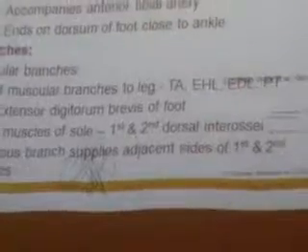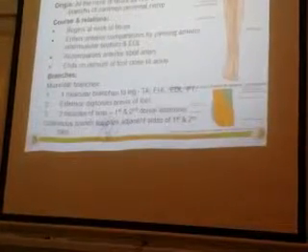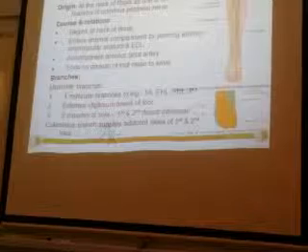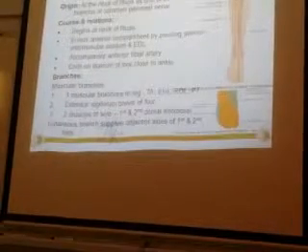The muscular supply: it supplies all four muscles of the anterior compartment, that is the tibialis anterior, extensor hallucis longus, extensor digitorum longus, as well as the peroneus tertius. Along with that, it also supplies a small muscle here called the extensor digitorum brevis. What we have here is the extensor digitorum longus. Similarly, in the foot there is a small muscle called the extensor digitorum brevis. So it also supplies that.